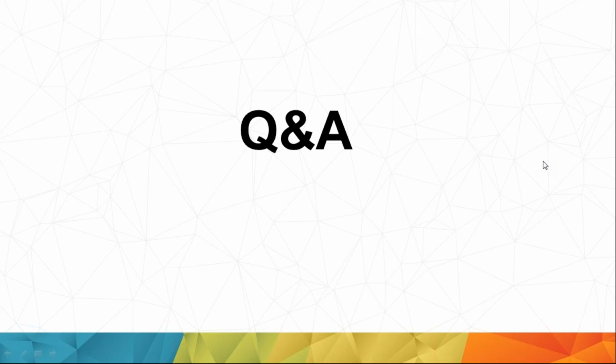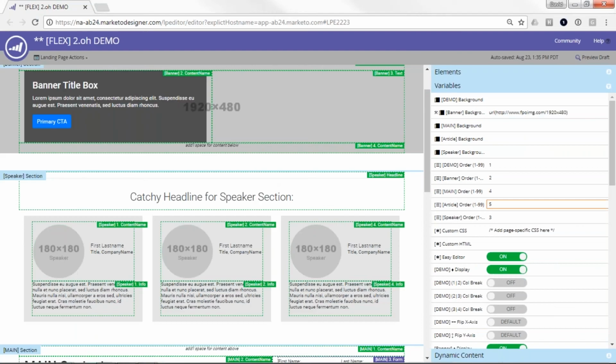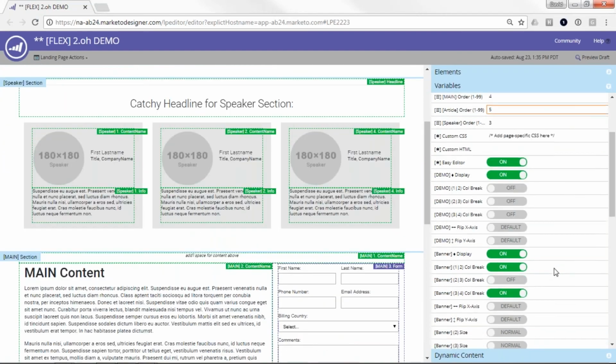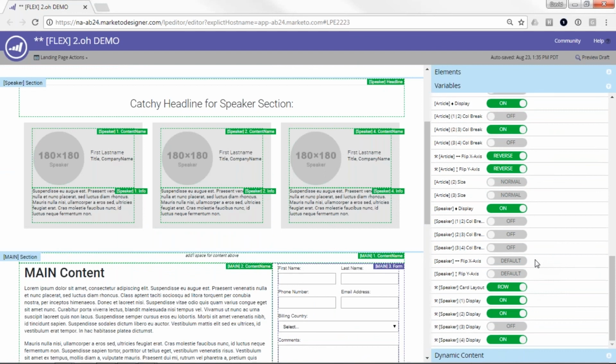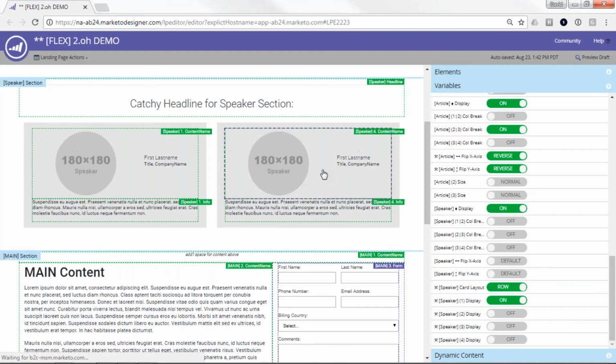Let's say we were to turn off... That's a really good question, actually. So we're going back into the speakers. I'm going to turn off speaker 2 and speaker 4 here. Now what you'll see is that we'll have, same as before, and we're kind of growing. You see the in-between stage here of 2. We're going to have an image on the left and content on the right, and there's going to be a big gap there. That's probably something we don't want, which is why we built in this row to column switch,